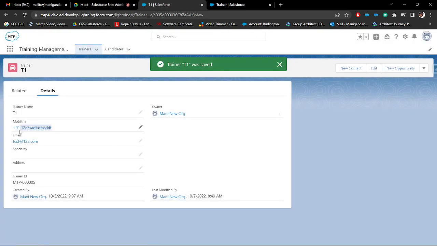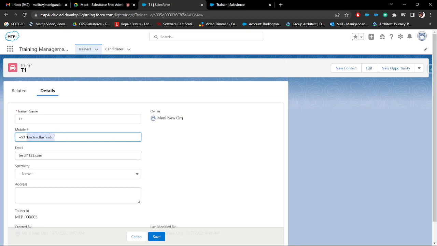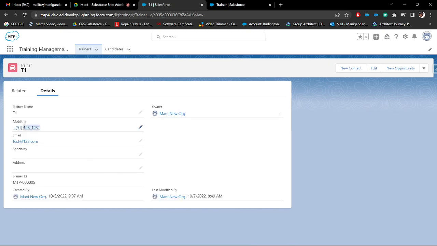Mobile is not a number data type because the mobile field has to accept this plus, and then some brackets need to be accepted. This number needs to be accepted, and some hyphens need to be accepted, right? So that's why this phone data type is made like a text data type. Okay, so here,